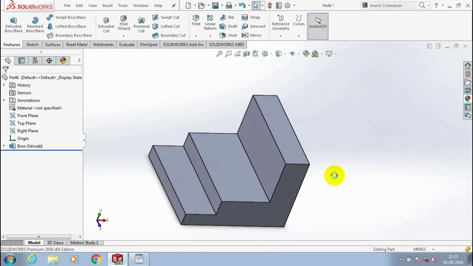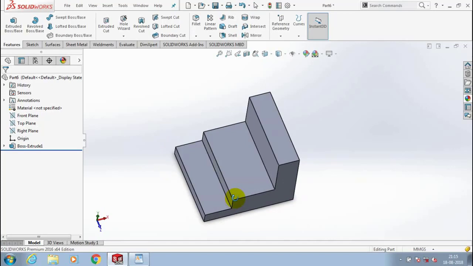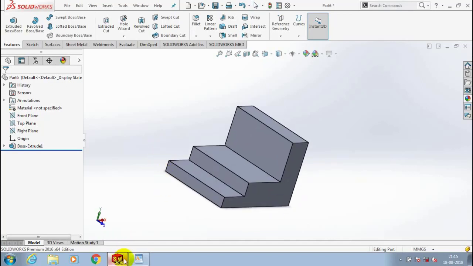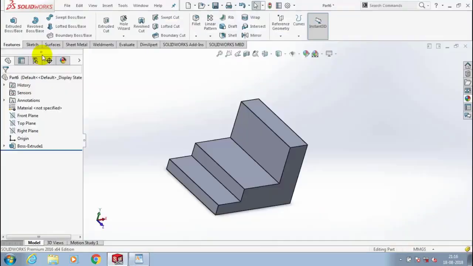We have to apply the fillet and chamfer at the sharp edges. Here we have all the sharp edges, we can apply it anywhere. First type in the fillet is constant fillet. In a constant fillet we have to apply only one radius constantly. Go to the features, select a fillet,